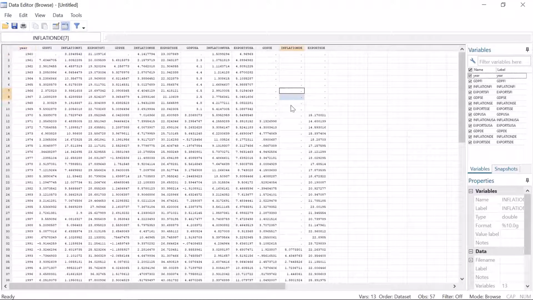Stata is a bit misleading in this because missing numeric observations have a point indicating that the observation is missing. However, if you import points from an Excel spreadsheet, Stata does not understand them as missing observations but rather as